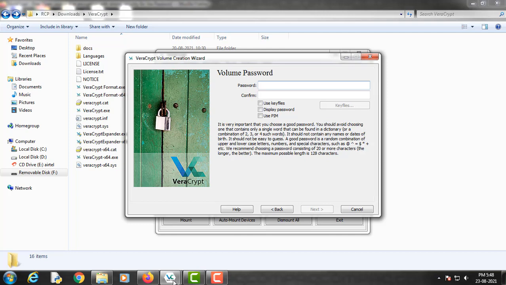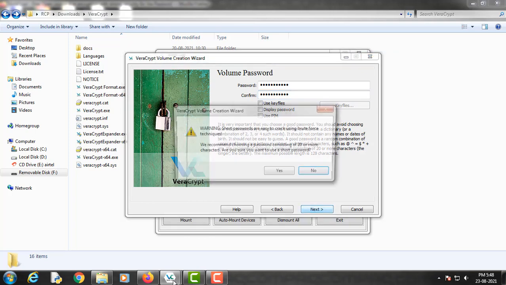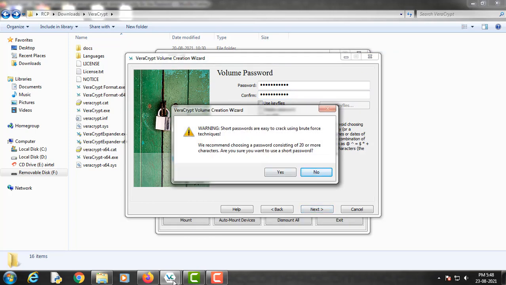So I will choose a password and click next. Short passwords are easy to crack using brute force techniques. You can choose a strong password, but for the purpose of demonstration, I'm using a simple and short password. So I will click yes here.